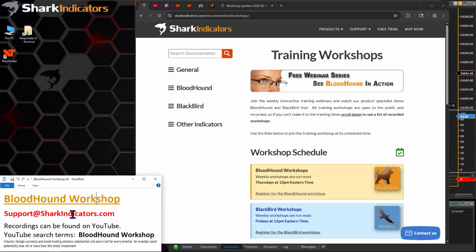Don't try and copy any custom indicators out of the bin custom directory. That's just messy to do. It's better just to use NinjaTrader's import process, or use whatever vendor's installer they might have, like how the Shark Indicators has a dedicated installer. We don't use Ninja's import process. So just reinstall everything fresh again. That's going to be the quickest way to get through it.